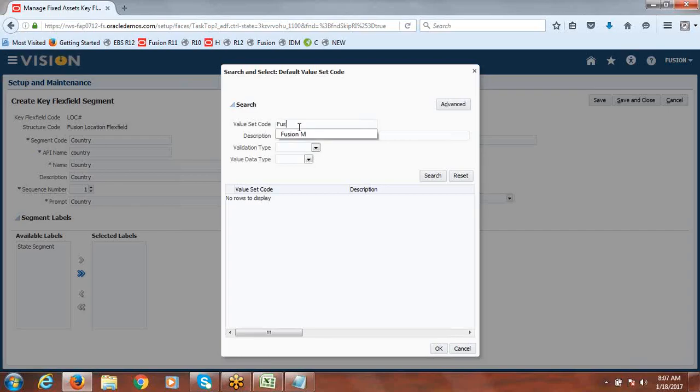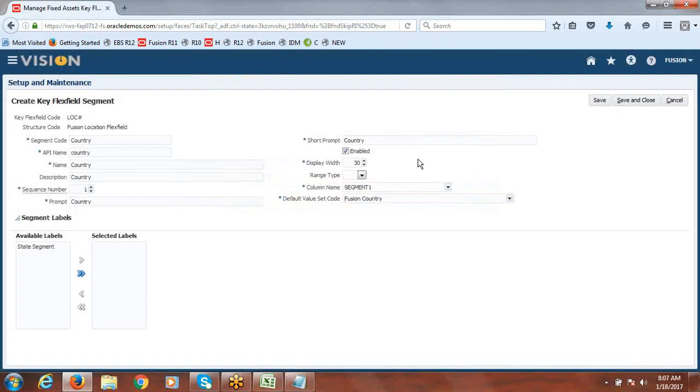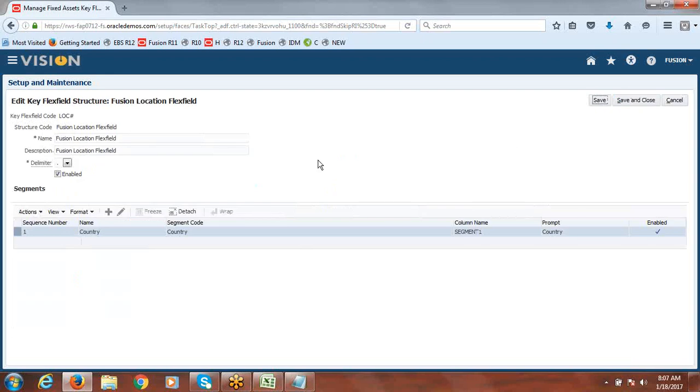So we given Fusion country. So it's not state, to assign the state label. Save and close. Then we'll create one more and say create.